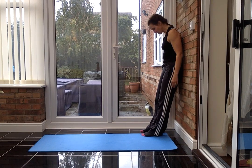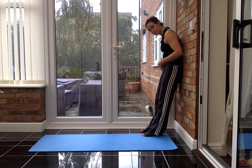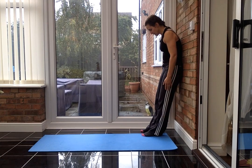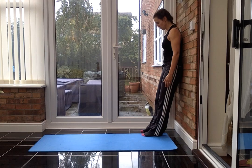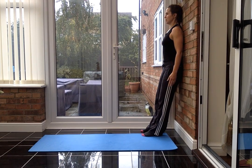And you'll see I'm moving very slowly and deliberately because I want to feel each bit come off. I'm actually going to hold it there so my bum's still touching and this kind of midsection of my back, there's a little gap there. Taking a breath in wide into my ribs, and as I breathe out, I'm going to stick my spine back up the wall one little bit at a time. Open those shoulders as I come up and lift the head. So breathing in here,